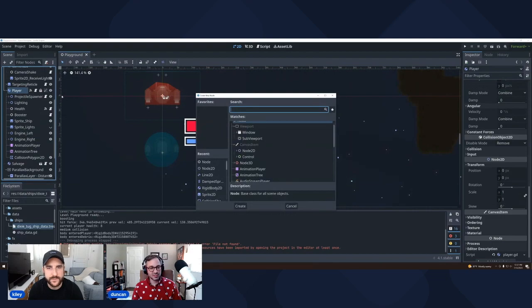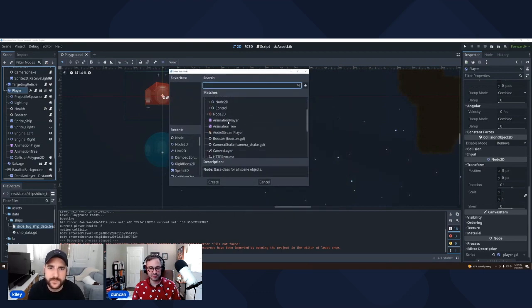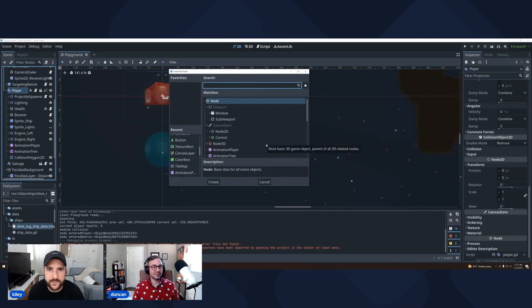So what I'm going to do is add a node to this player. There are all sorts of different nodes. One thing that's cool with Godot is you can just start typing and see all the different nodes that exist. You use nodes for basically everything.